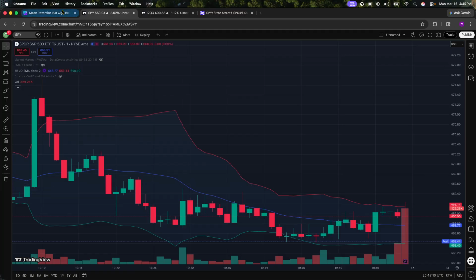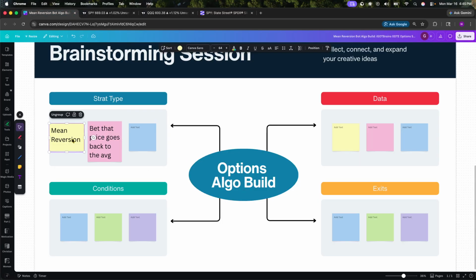So we have the essence of the strategy. We're creating a mean reversion strategy, and that mean reversion strategy is going to bet that price is going to go back to its average. And what we're going to be doing is